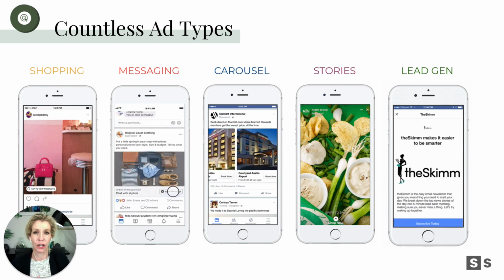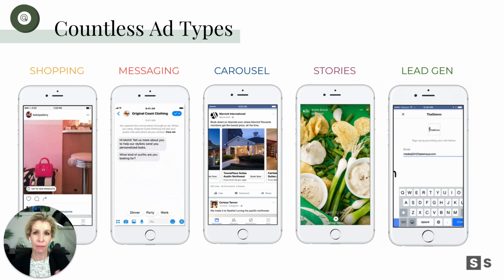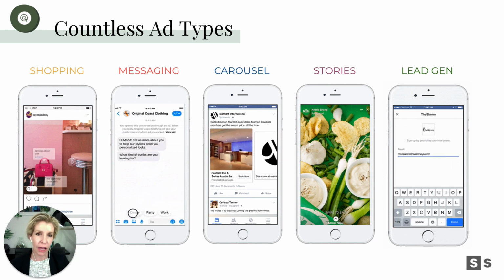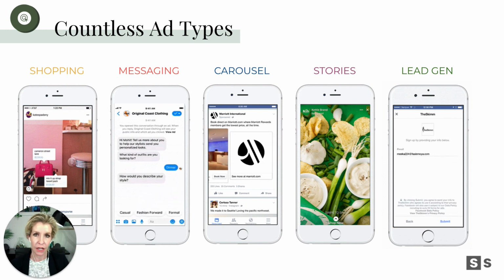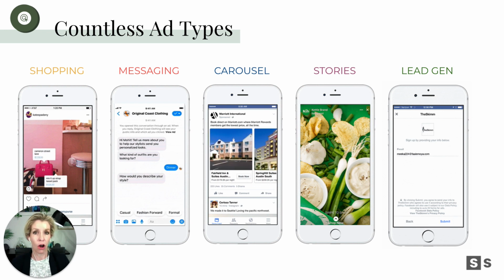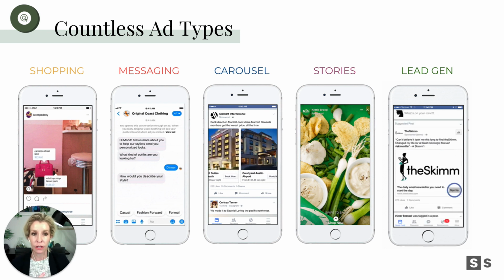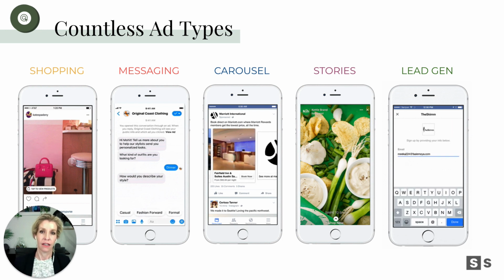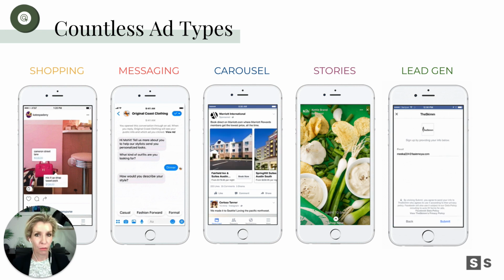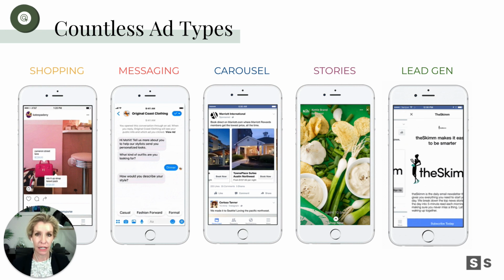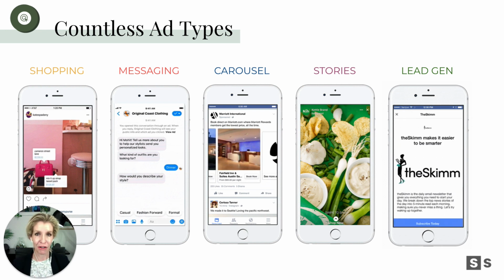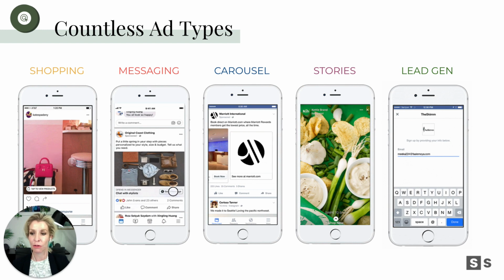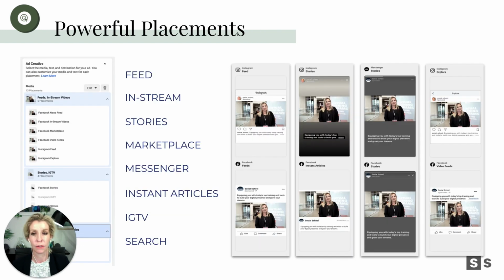Finally, lead generation. So cool. I can run ads that get people on my list without ever having to head to my website and sign up for it, or to fill out a form and get me to call them back right away, or whatever it is. So lead gen ads, really powerful because we all know how important it is to constantly be generating new leads, new people in the top of our funnel, and then work them through in order to get them to the bottom where they'll convert. We always need cold audiences at the top of our funnel, i.e. new leads. And we're going to talk a lot about that in this course.